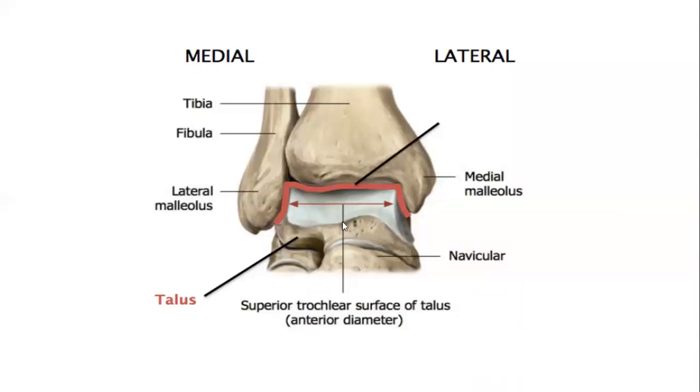And due to this loose fit of the trochlea of the talus, it helps in its movements dorsally and plantar-wise. So this rectangular socket is called the malleolar mortise, and it is necessary for the movement of the talus at the ankle joint during dorsiflexion and plantar flexion. So this was all about the malleolar mortise.